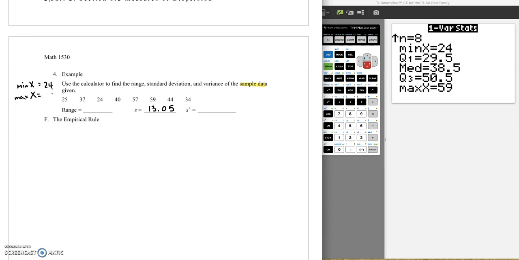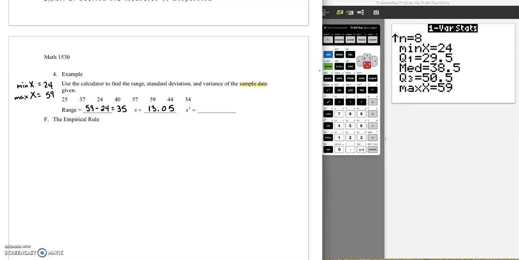Max x is 59. So again, if we do our range, it's 59 minus 24, which is 35. Okay, now we could either take 13.05, which is our standard deviation, and square it,